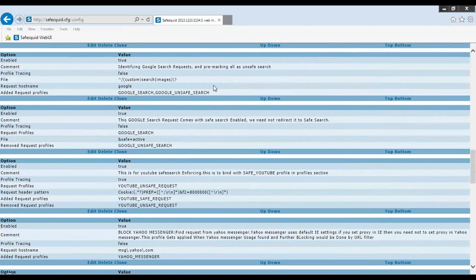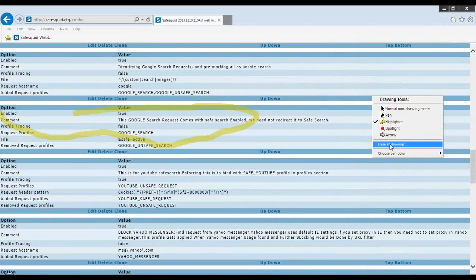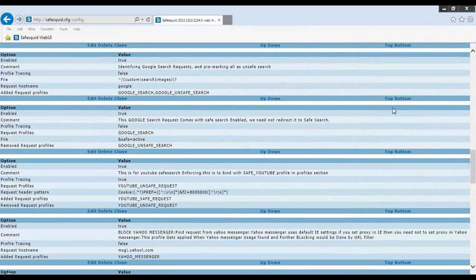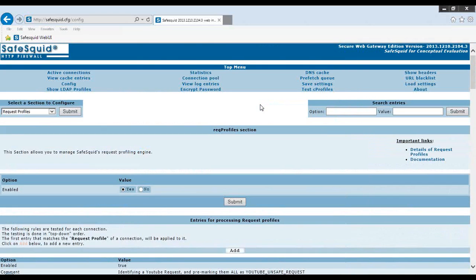The very next entry to the entry that I was just discussing with you is the entry for demarcating Google Safe Search. This particular entry here differentiates a regular Google search from a Google Safe Search. You see, here I'm looking for the URL of &safe=active, and then I'm marking it as Google unsafe search. Now the result is I can use this request profile. I mean, I can individually profile various kinds of requests, and then I can combine them into the profiling area that we had just visited.